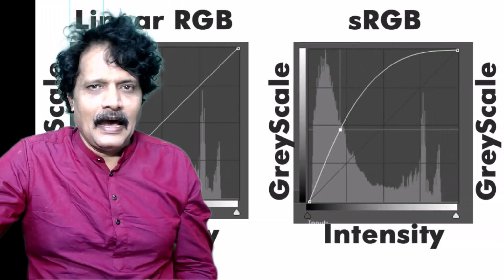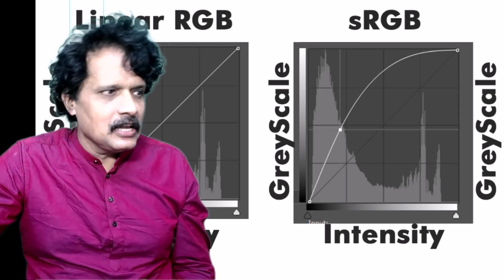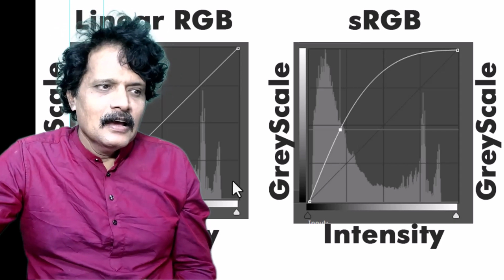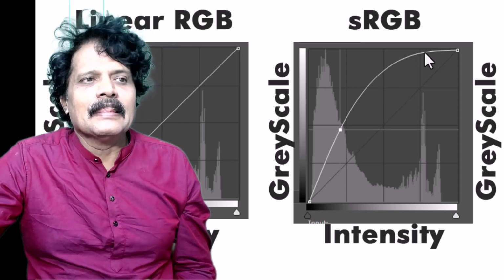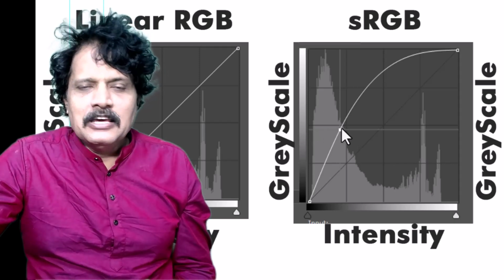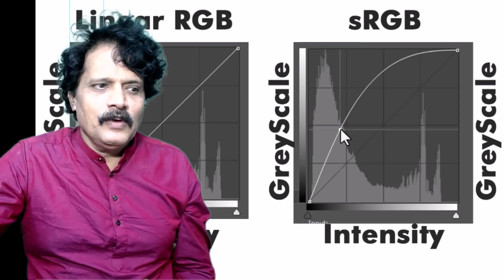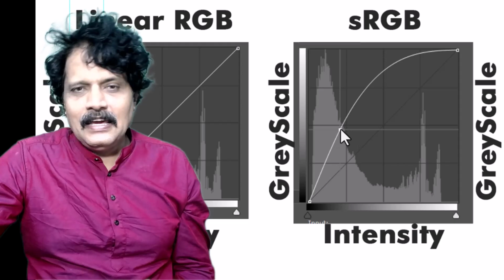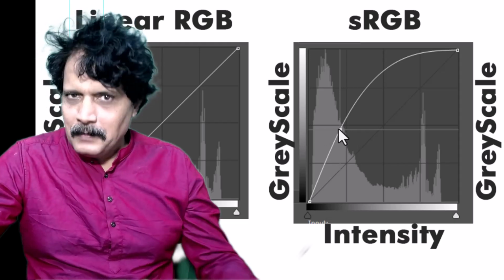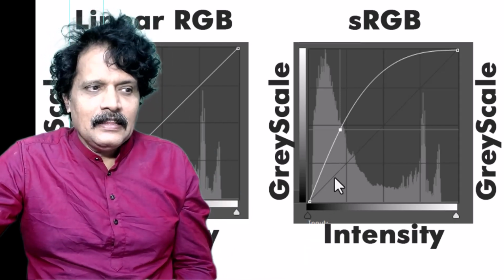In case of the human eye, we are not going to actually convert the intensity into color in this linear scale. In our eye, the graph will look something like this. So here what happens is, the exact 50% gray is not achieved at 50 watts of light, but it will be achieved at somewhere around 18 watts of light. That is, 50% gray is achieved at 18 watts of light, meaning that you have this kind of curve wherein